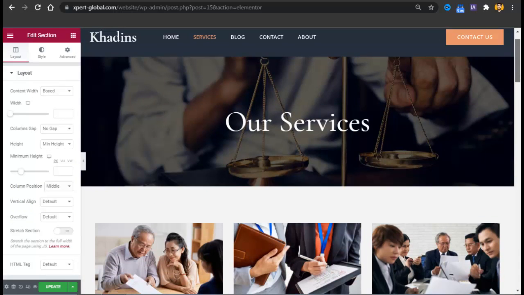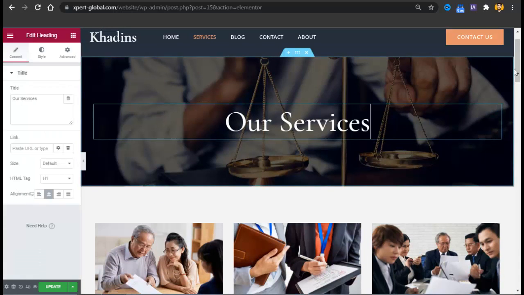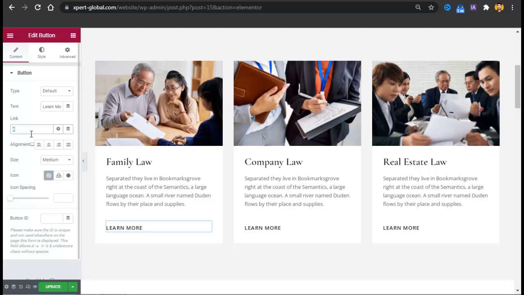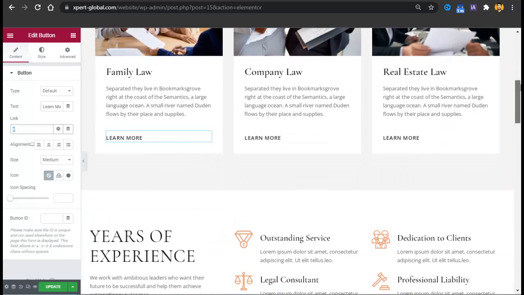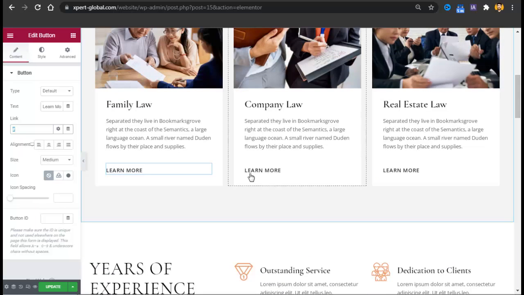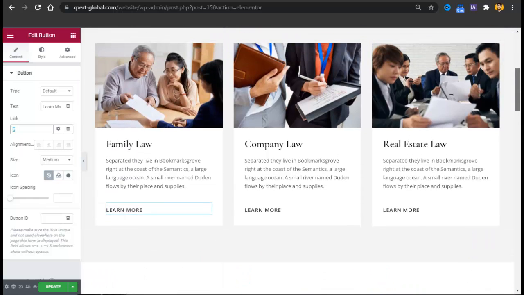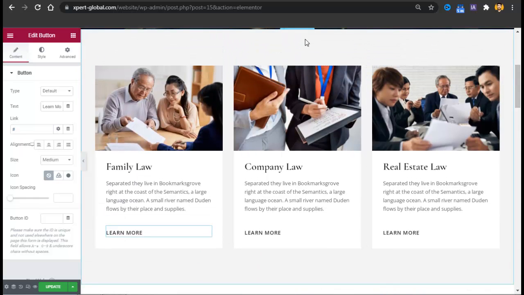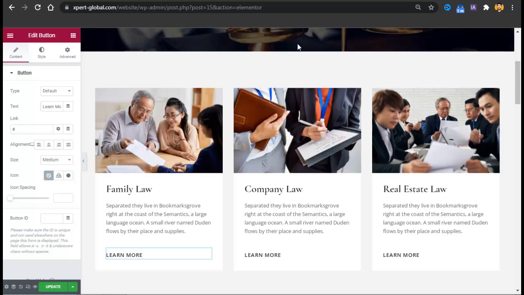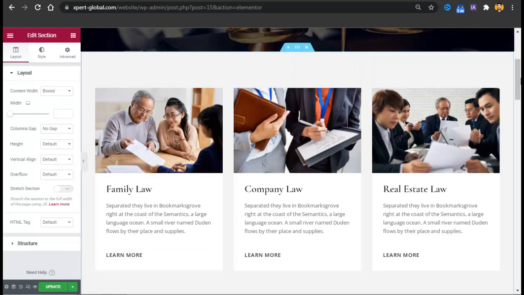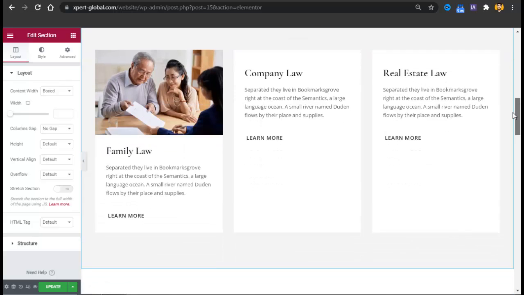Here you can see our services section is imported. You just have to change your services, and in the Learn More button you can link to your profile, your WhatsApp, your email, or anything else, or you can remove it. Then you add your services. If you have 6 services and there are only 3 sections, you can duplicate this section. Just click on this section and click duplicate. Now you have 2 sections, and you can add more services with the same process.